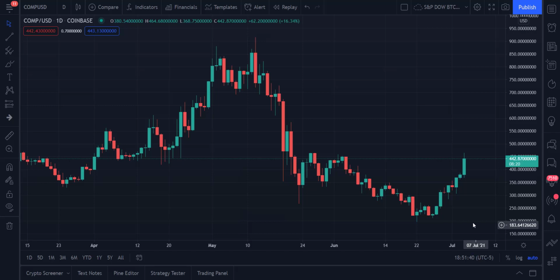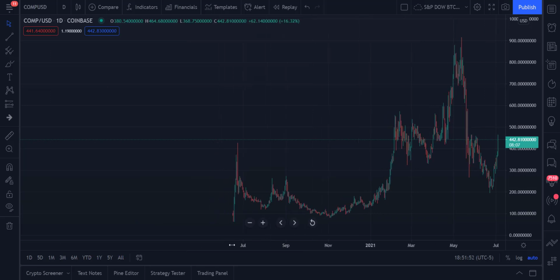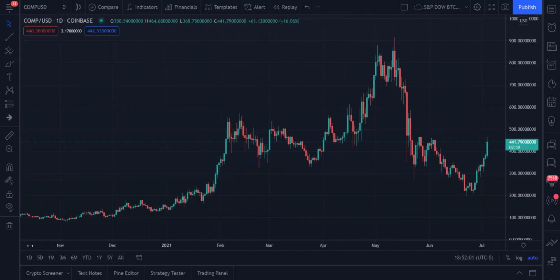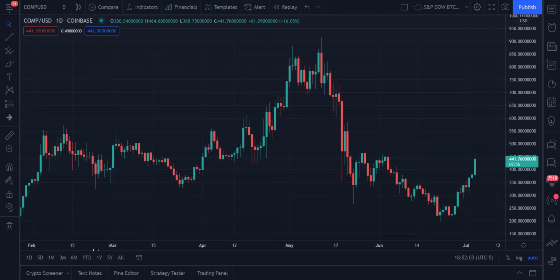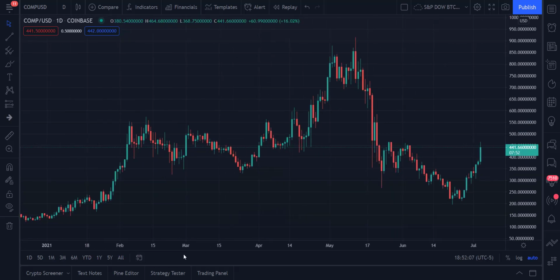Today we're going to take a look at the Compound governance token. You can see it's had a nice little rally over the last few days. I just want to see how far back our data goes for Compound. For those of you not familiar with Compound, this is only Compound on Coinbase. It probably goes back beyond that, but we're just going to take a look at the Coinbase US dollar